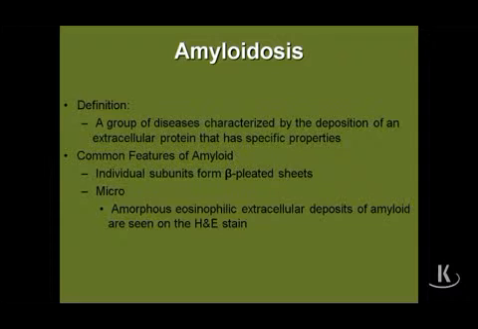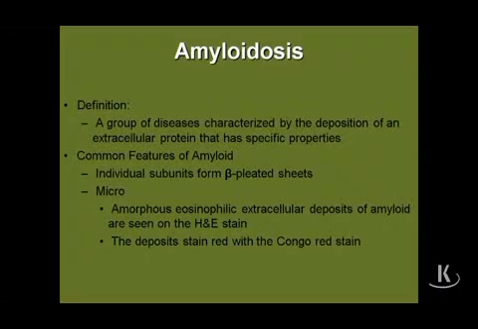So microscopically, on an H&E, it's going to be an amorphous, eosinophilic, extracellular deposition of this pink protein. It'll tend to be obviously acellular, because another protein that gets deposited in the extracellular space is collagen, or fibrosis, but you're going to have fibroblasts laying down this collagen. So it's important to distinguish between scarring, fibrosis, versus amyloid deposition, and that's why we have to have the stain